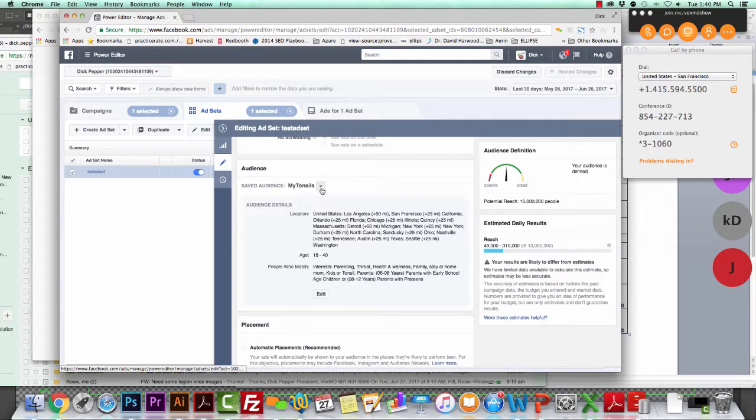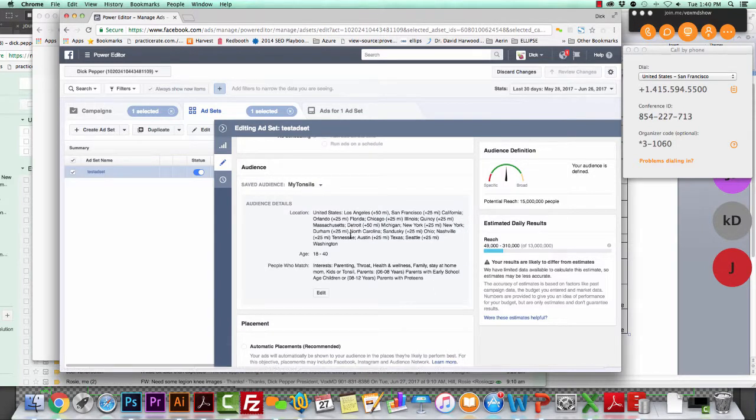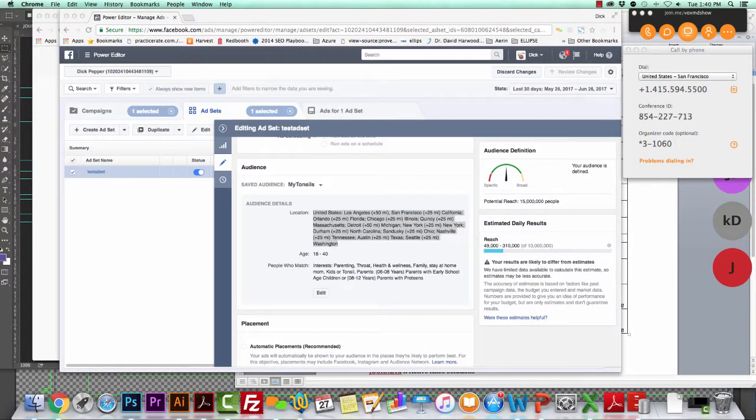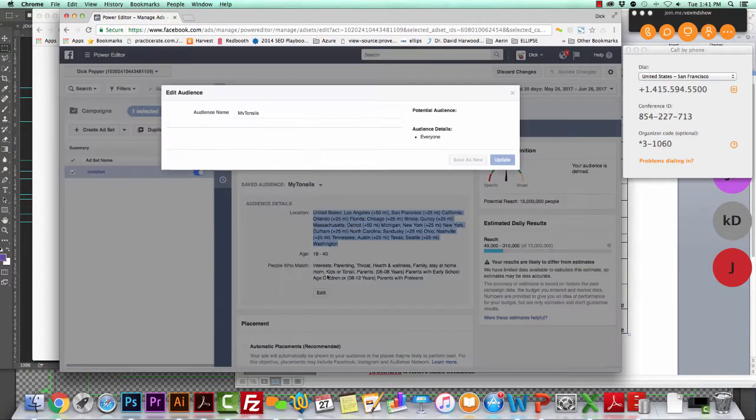Audience. We defined a My Tonsils audience, which I will copy and paste to give to you, because I varied it a little bit in a couple places. The default is a city plus 25 miles. On some of them I did a little bigger. So I am going to make an email to you, and I'll put My Tonsils locations, and I pasted that in. So if you were to look at this,